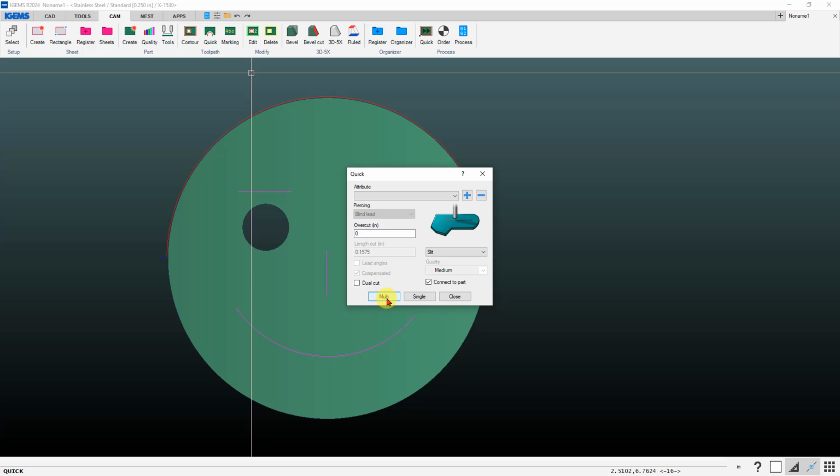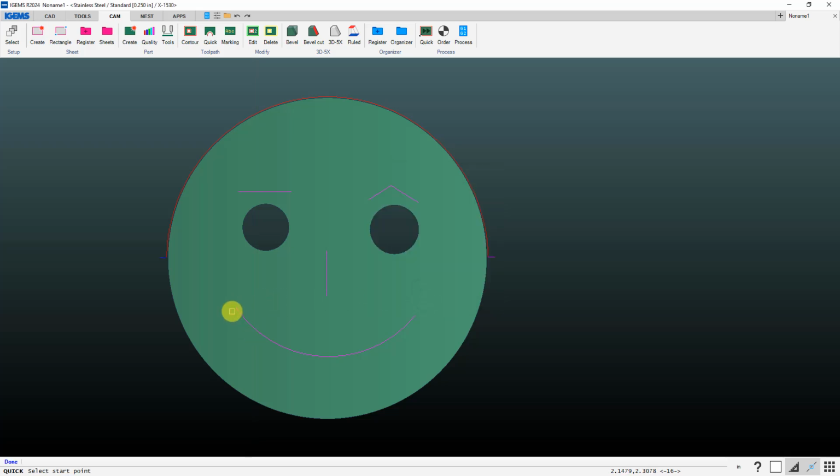If you choose multi, then IGEMS will determine the cut sequence for the slit cuts and which end of the slits that it pierces at. If you want more control over that, you can choose a single option, and then you can determine the sequence, and then whichever end of the line that you click closer to is where it's going to pierce. So click here, it'll pierce at this end. Because I put the contour cut on this first, it's going to do that first, and then wrap it to here and cut that slit. And if I want to come up here and do this and click here and so on,